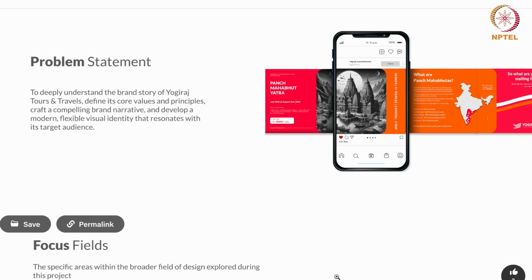Absolutely. My research started from the fact that the brand needed a whole new look in terms of their vision, their tone, and their values. They wanted me to establish an identity that would align with who their users are and what their niche is, which is spiritual tours. They also wanted me to incorporate scalability, since the current scale of the brand is in Maharashtra, but in terms of expansion, the identity should fit across other cultures as well.